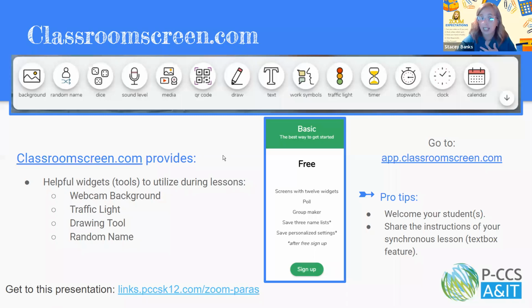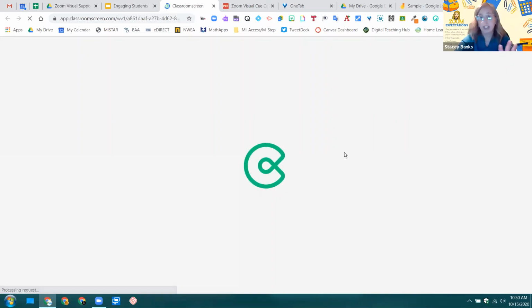The last one that I didn't know anything about, well, I think I learned about it, but it came back to me when I saw this presentation, is classroomscreen.com. And this is really cool because this allows you to have a bunch of those fun widgets, and they're free, that you can use within a meeting. So if I clicked on that link, I haven't signed up for this, so I'm a fully free account. I haven't signed up at all, but